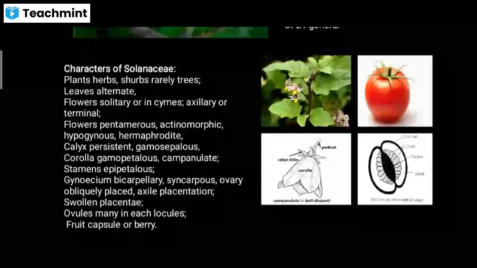Then the fruit type is capsule or berry, for example brinjal, tomato, potato. These are all members of this Solanaceae and their fruit type is berry. So here you can see the lobe-like calyx and pedicels. On that, the campanulate type of corolla is present in the family